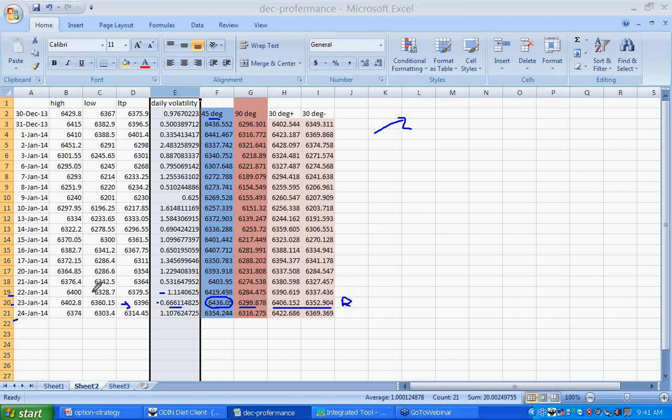Let me inspect the previous one, 22nd January. As compared to the 21st and 22nd, there is a great increment in the volatility, 0.53 to 1.11. However, what happens here in the pricing term, I have not closed above 6419, ruled out the bull trend. I have not closed below 6284, ruled out the bearish trend. Again, this is also a range bound day.